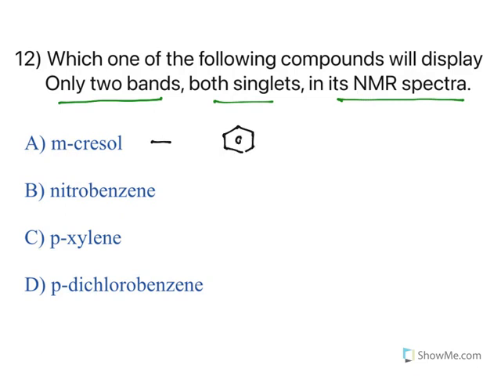See, cresol is the one with hydroxy and methyl groups. Ortho and meta position is this one. Now this is metacresol. Now see, all here you have protons are there. Now you need to figure out how many different kinds of protons are there. See, this one is a different proton, this is a different proton, this is a different proton, this one is different: A, B, C, this is D, E, and this one is F. So how many signals are there? 6 signals will be there.